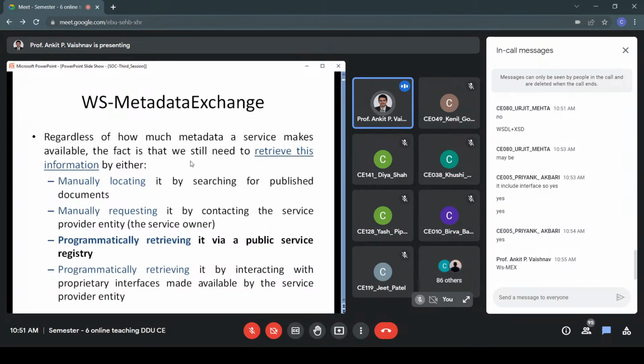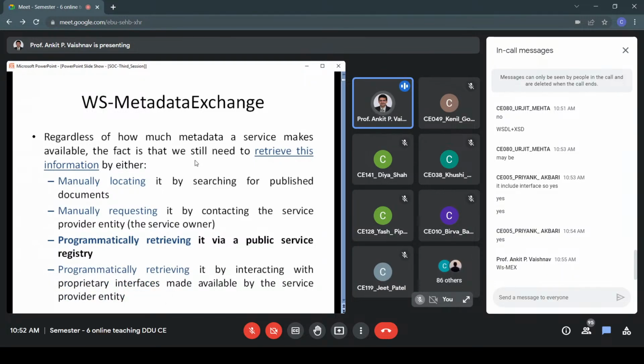So regardless of how much metadata a service makes available, we still need to retrieve this information, right? So WCF makes the WSDL public, because they have implemented the metadata concept in that way. If you select any other framework, then that might be using some other technique, right? So implementation can be different, but ultimately we have to access that metadata.